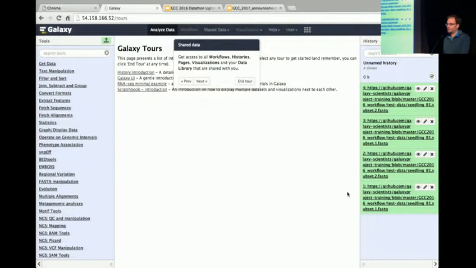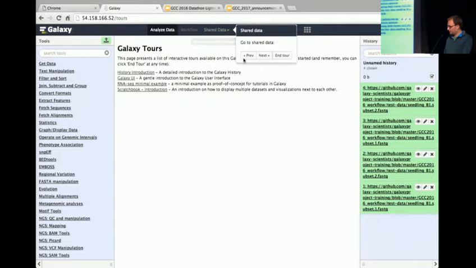As we want to make data available in the data libraries, I also tried to see if we can make an interactive tour that points users there. That wasn't yet available, so I had to figure out a bit how to do that. You can tell them, well, we'll use shared data. Now it points to the shared data button.